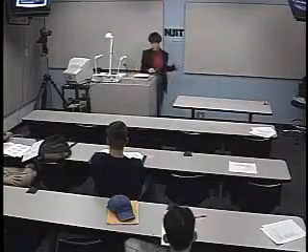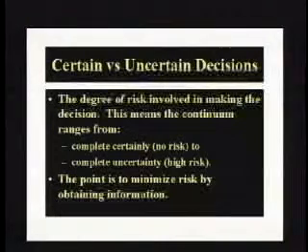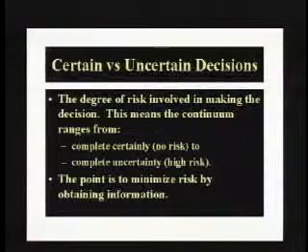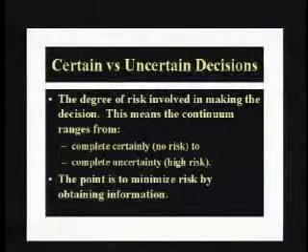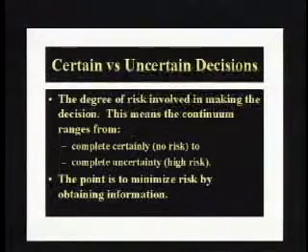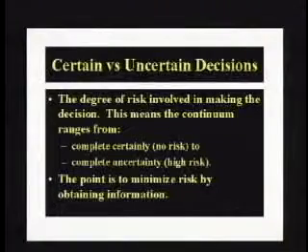Another type of decision: certain versus uncertain decisions. Well, if we had certainty about our decisions all the time, again, no-brainers, it would be really easy. We'd know exactly what to do. Either it was going to work or it wasn't going to work. So we could approach it, we could engage in it, or we could avoid it. But life isn't like that, and usually it's someplace in between. There's a certain amount of uncertainty attached to the decisions.